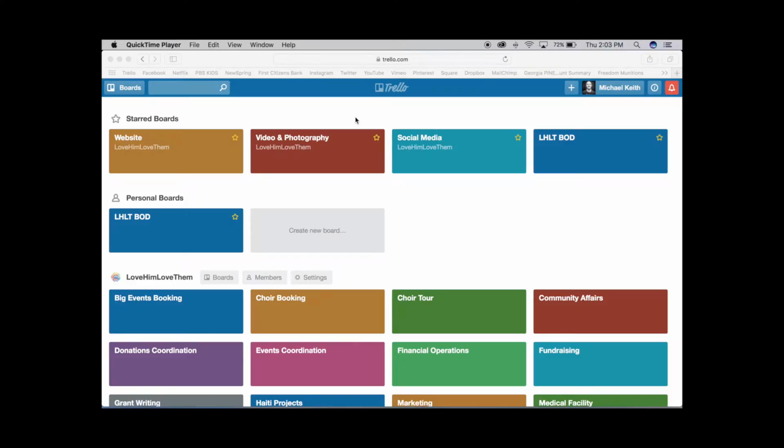Welcome to Trello. Trello is a communication platform that Love Him Love Them has decided to use. It's going to allow us to get rid of texts and emails back and forth. It's going to allow us to consolidate all of our communication into one place. The reason that this is important is that communication needs to be accessible by everyone on the team at any